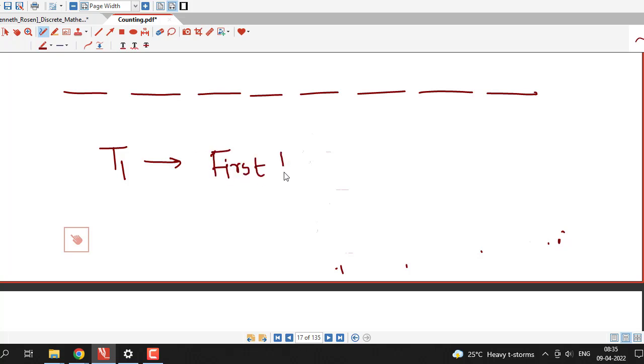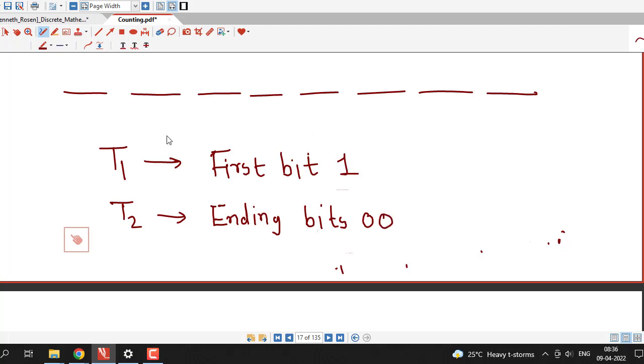First bit is fixed, it is 1. And suppose we consider task T2 as a bit string of length 8 whose last 2 bits are 0 0. That is, bit number 7 and 8 are 0. Now if you look at the question, if we define T1 as string whose first bit is 1,